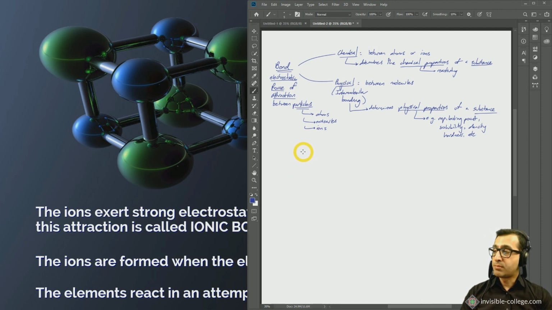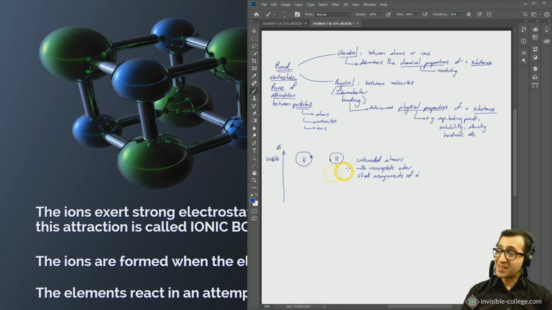So when you have two unbonded atoms, so let's just say we have an atom over here and an atom over here. So these are unbonded atoms with incomplete outer shell arrangements of electrons. So let's just draw one electron. Let's just say this is a hydrogen atom and this is another hydrogen atom. Nice simple atom with a single shell and a single electron in that shell. Now in this state, if we have an axis on the left-hand side here to show potential energy, they are in a state of high potential energy. They are unstable. So this system that we're considering is in a state of instability and as such has a high level of